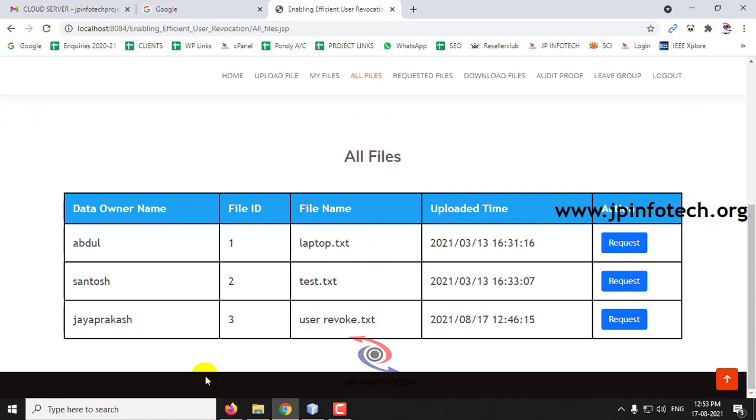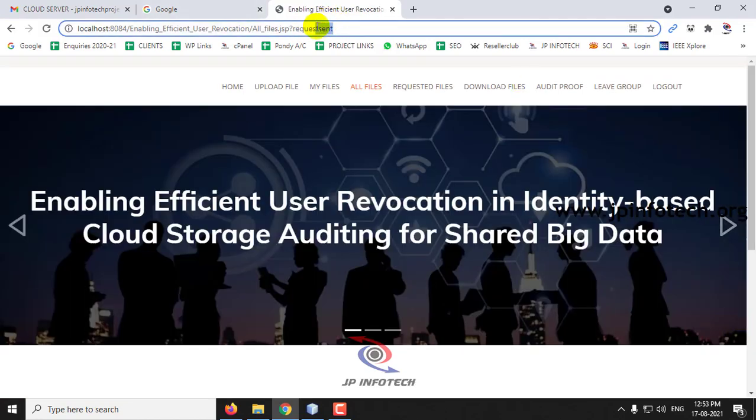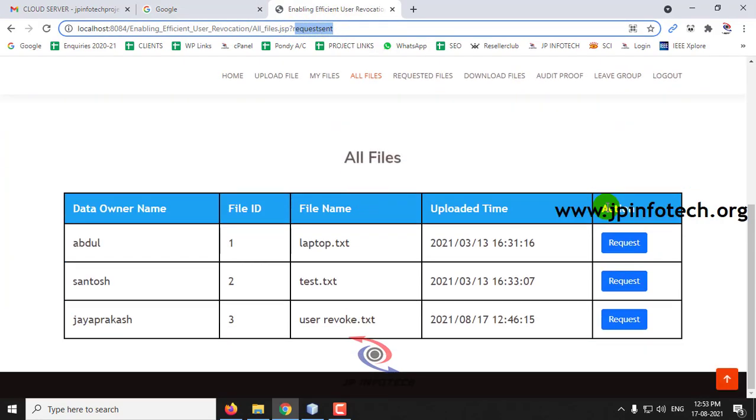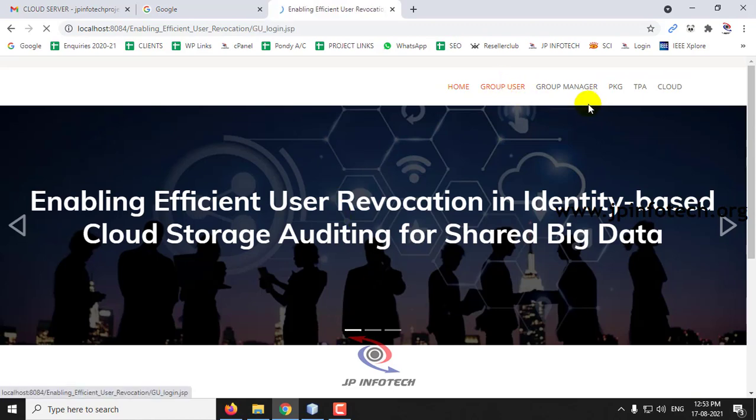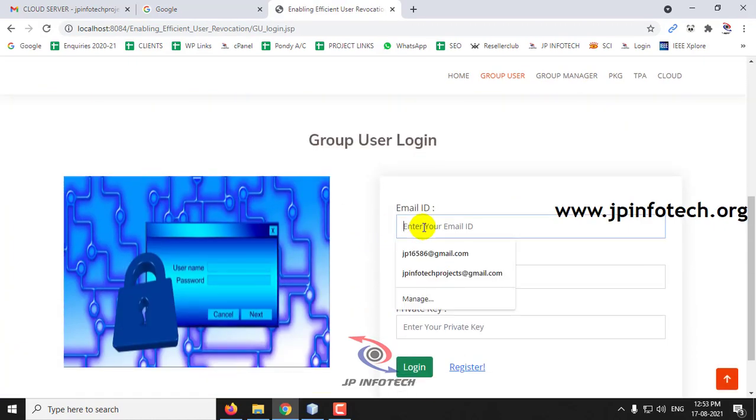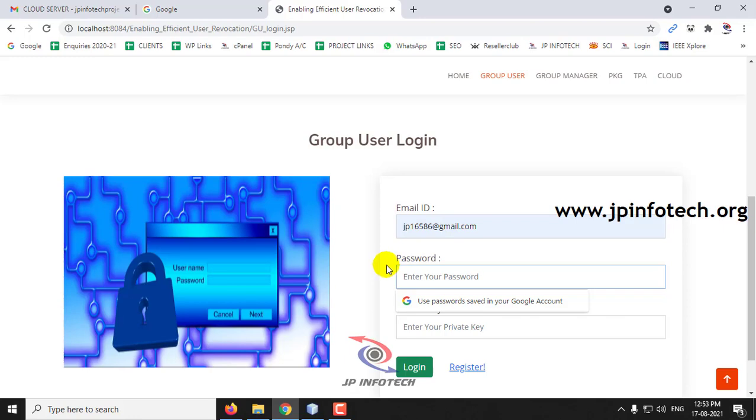So now let me request this user's file. So let me click request. So now you can see the request has been sent. So if you see the requested files option, it is now empty. Now let me log out. Now let me go to the group user login of the first user,